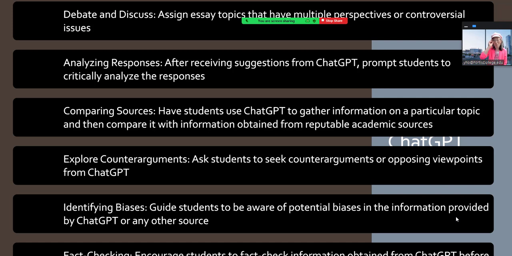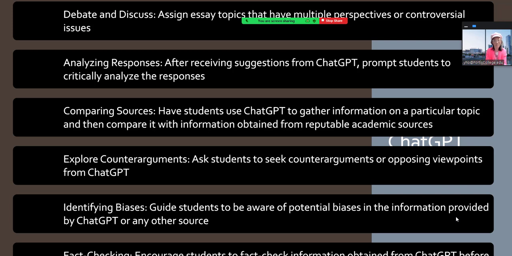So let's say that I'm for abortion, and so I could say to ChatGPT, write me a counter-argument paragraph on someone who's against, or write a paragraph on someone who's against abortion. And then ChatGPT will write for the student a sample counter-argument paragraph. And then the student would give me a screenshot of the counter-argument paragraph that they got from ChatGPT, and then they would give me an example of how they changed that counter-argument from ChatGPT into their